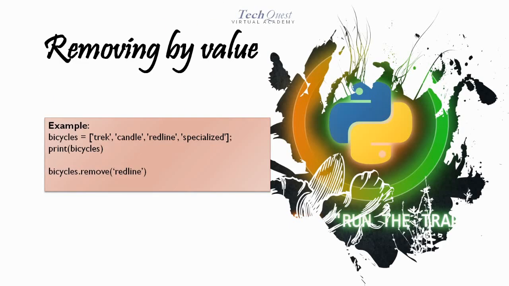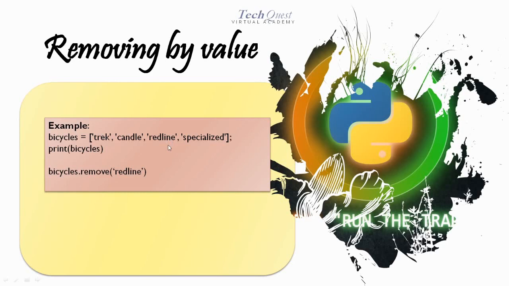Now there is another method of removing values from the list, which I have created by using a remove keyword. I just make a list here of certain strings, store it in a variable, and print that, and after that printing I remove